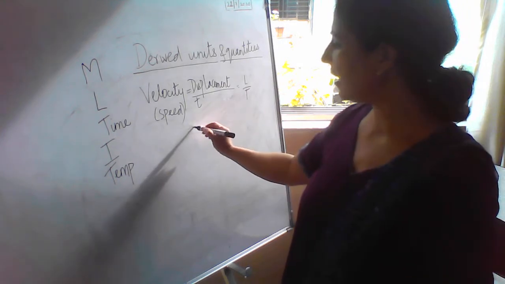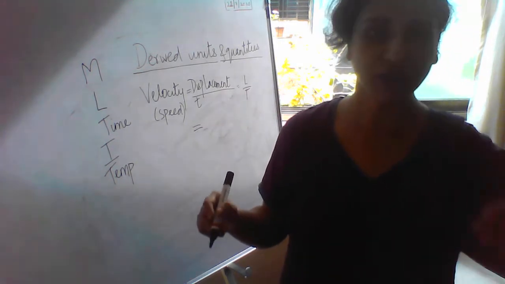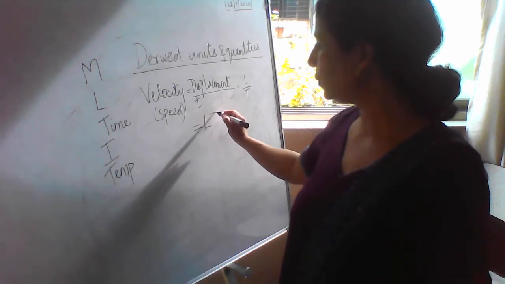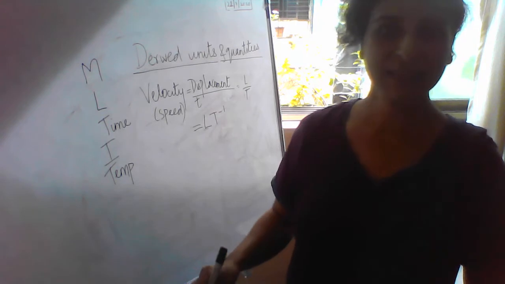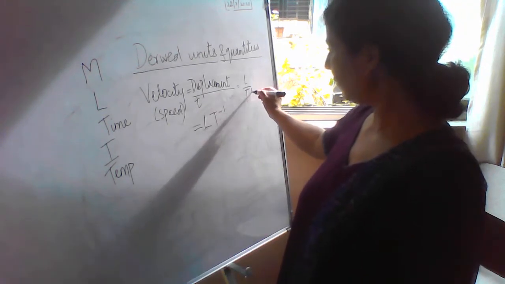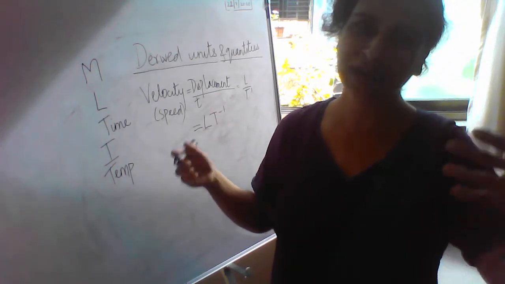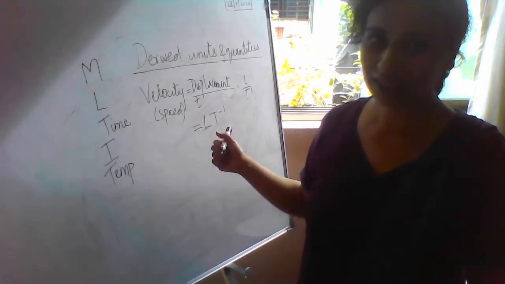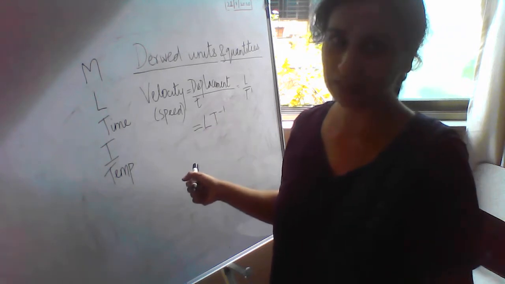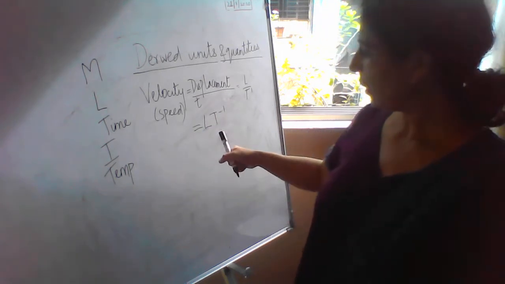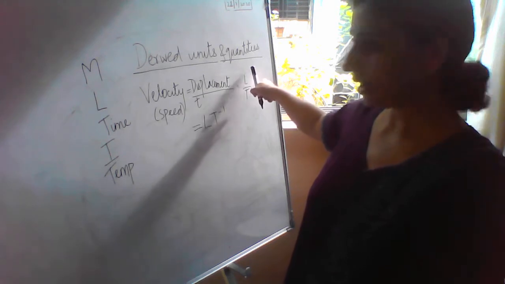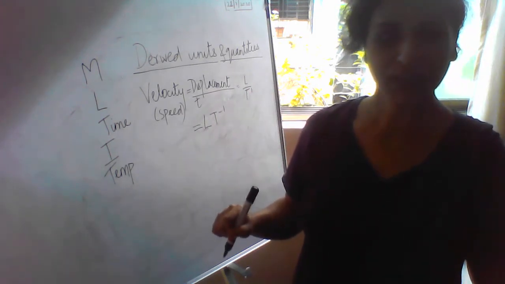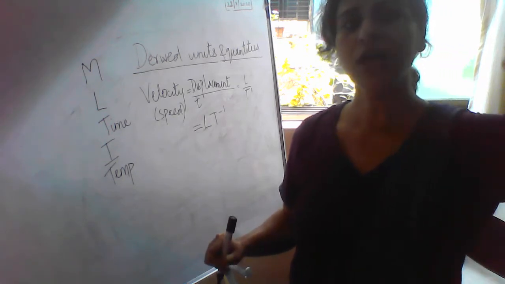You are all aware that if I want to take something from the denominator to the numerator, I have to raise it to a negative power. This was actually t raised to 1, and we don't mention the 1 because t raised to 1 is t. This is what indices are. Now we are touching some part of the indices of mathematics. If I take t raised to 1 above, I will get t raised to minus 1. I am just trying to bring everything to the numerator.